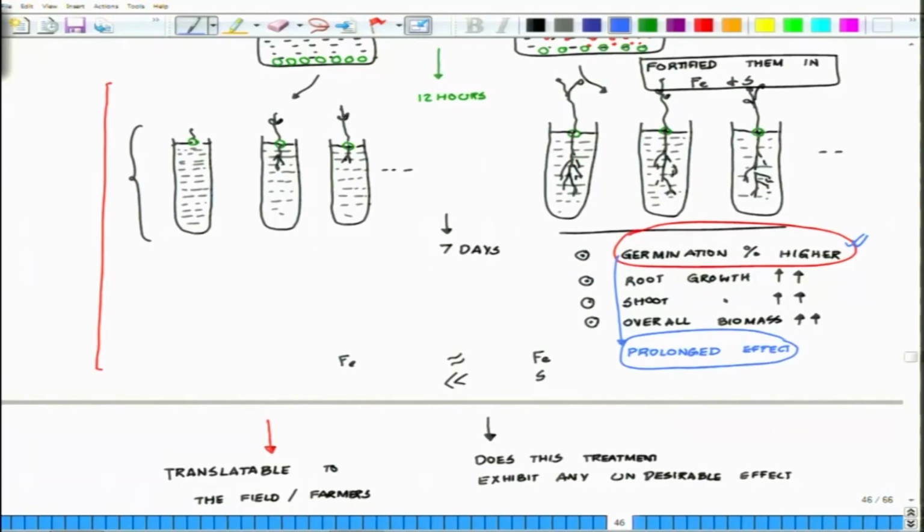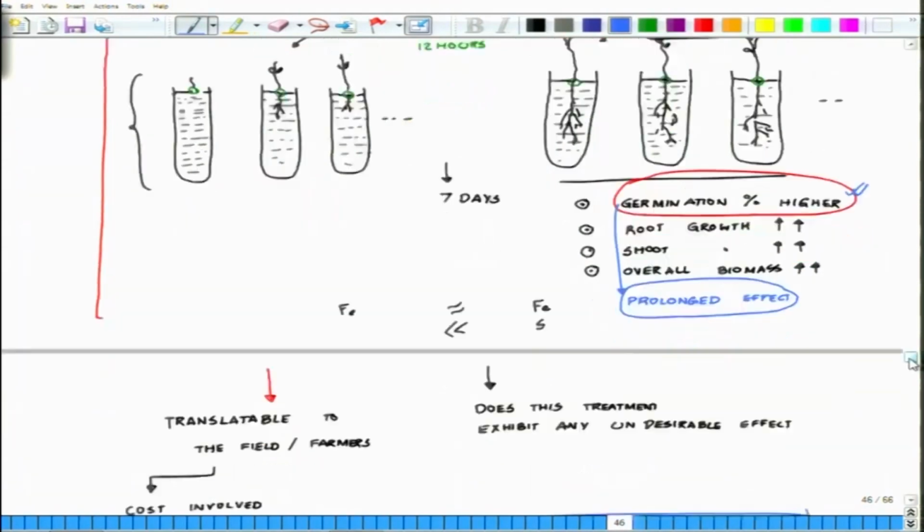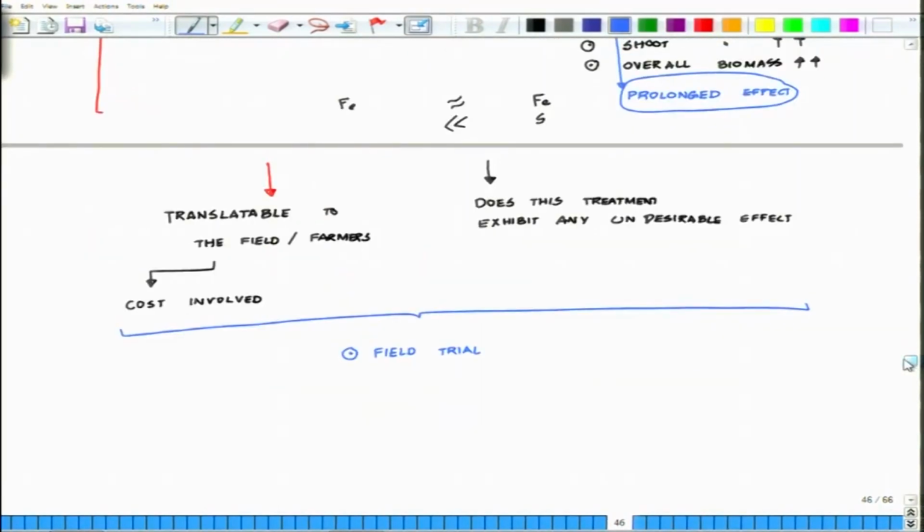Now, apart from it, the next set of analysis is what is the possible mechanism of its action on the seed. Without understanding it, it kind of becomes a black box, what is happening. So, field trial, and next is the mechanistic understanding,